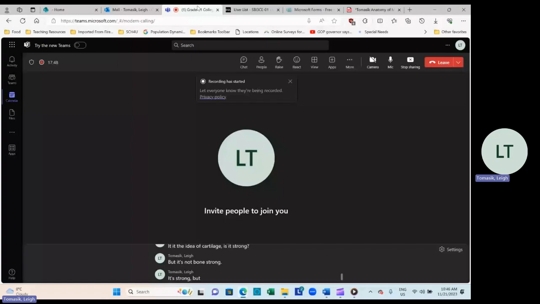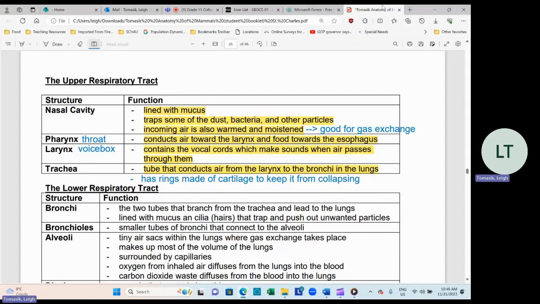Okay, we're back. So you always want your airway, your trachea open, so that you can remain breathing. So that is an important feature of the trachea. It also has, the same as your nasal cavity, some mucus in it. It has some hair to filter the air. Your lower respiratory tract